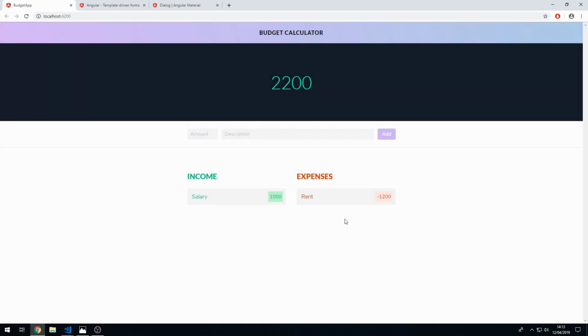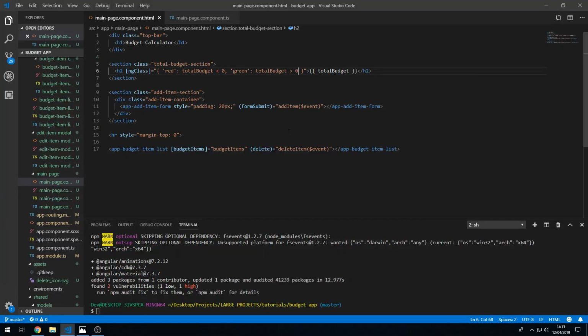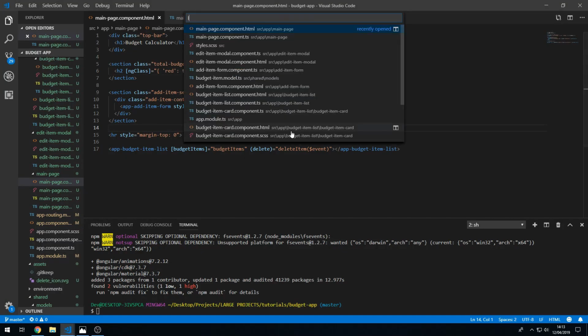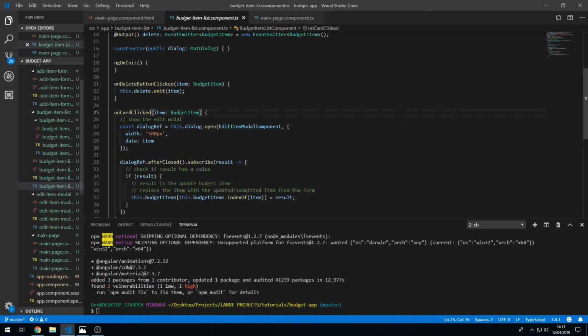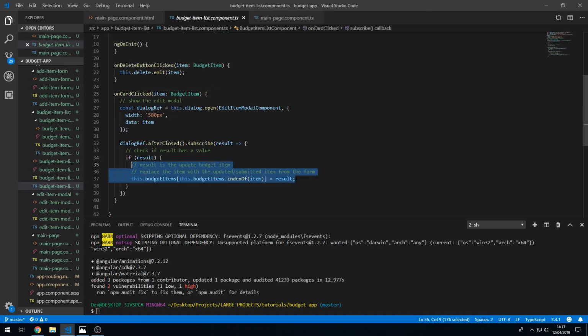Save. Okay, and we've discovered a bug. When we update items, then the total budget isn't updated. So that's something we have to fix. So let's go to the list component. That's where we do the updating. So we have to do this in the main page component so that we can also